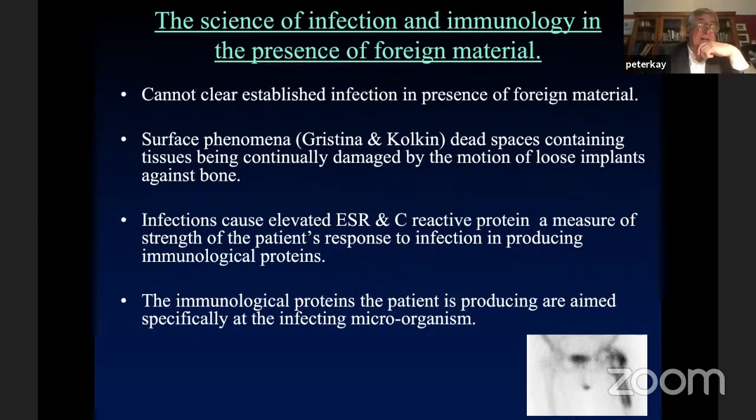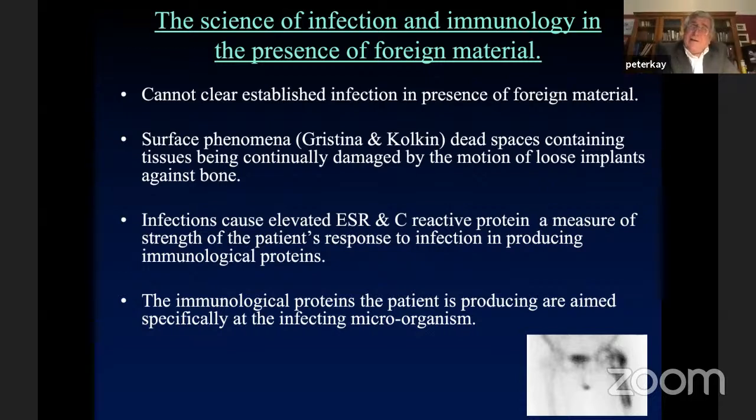And that's probably why 1-stage revision works so well, in a sense, because obviously it's still contaminated. When you've done a 1-stage revision, even if you're changing instruments, being very meticulous, you must still have a significant bacterial load. But the fact that 1-stage revision works must mean that the host is then taking control at getting rid of those bacteria that must be present. So rather than think your ESR and CRP is your enemy, I would perhaps dispute that.